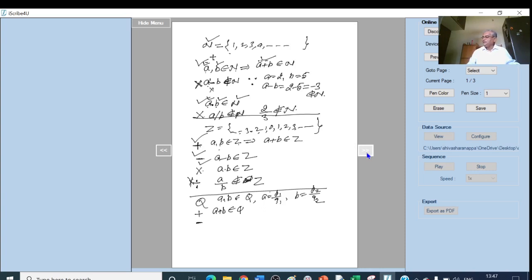And if I go to minus here, A minus B, again that belongs to Q. Okay, this is again a rational number. And A into B, so AB also belongs to Q. And if I go to division here, A by B, again this belongs to Q, if I accept that, if I am not including 0 in Q, because here if I include 0,